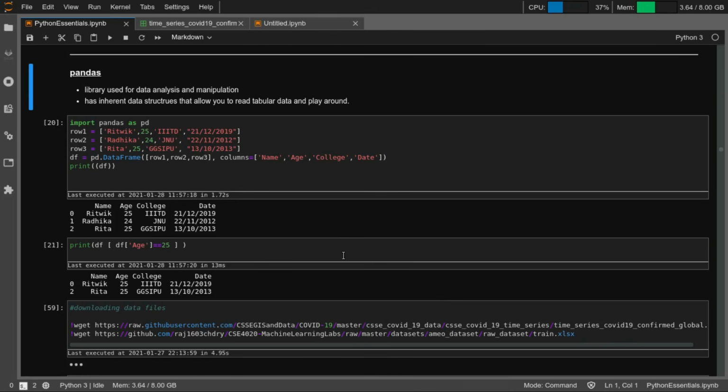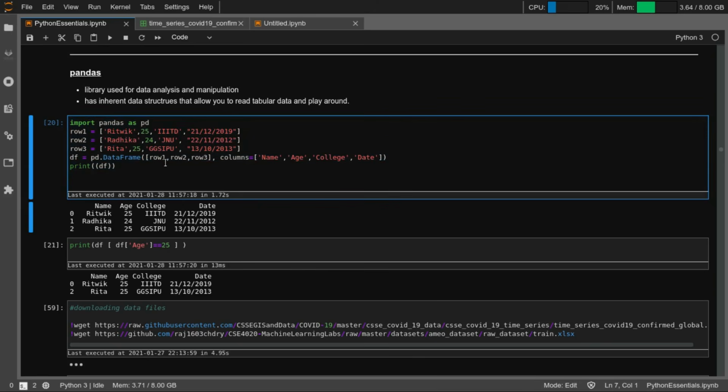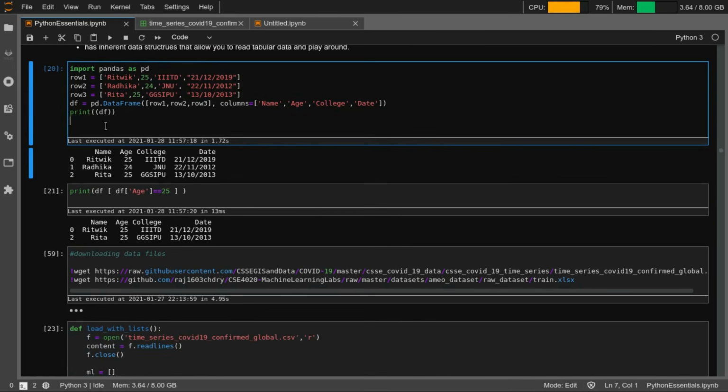Right? So when you're reading tabular data, the data structure that enables doing this is called a data frame. One of the central data structures for pandas is the data frame. Everything will be based around that. One of the simplest ways that you can create a data frame is using this syntax, where you have all the rows defined in the form of lists, and you are just creating a data frame out of those rows, where you are also giving specific column names. Once you have done that, your data frame will look something like that. Once you print your df, that is a data frame, it will print the complete data frame.